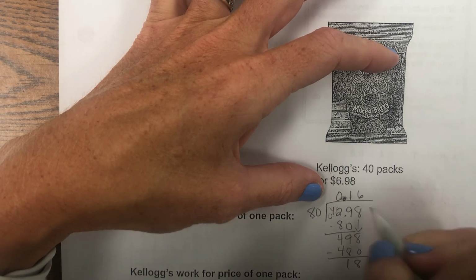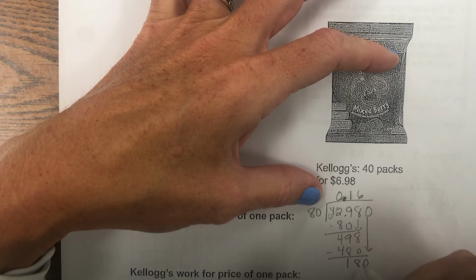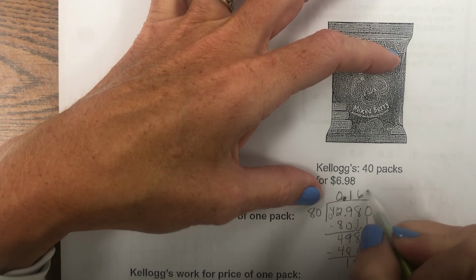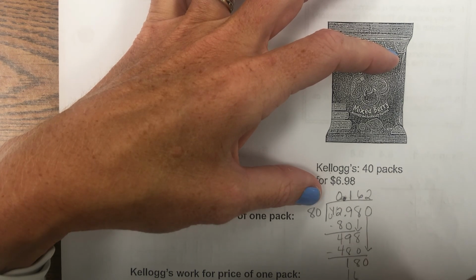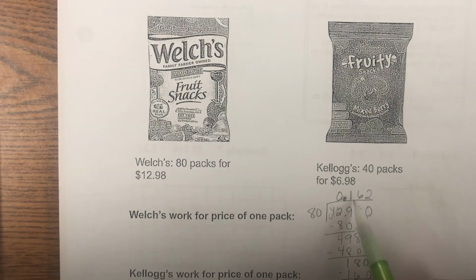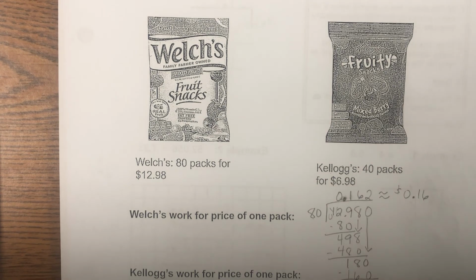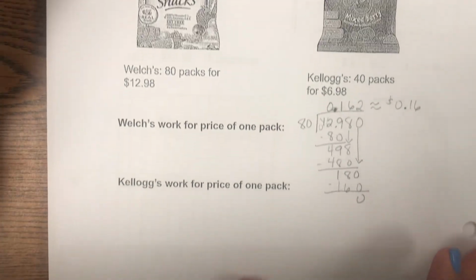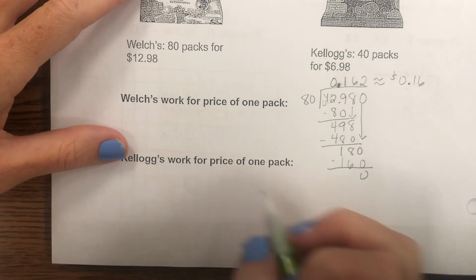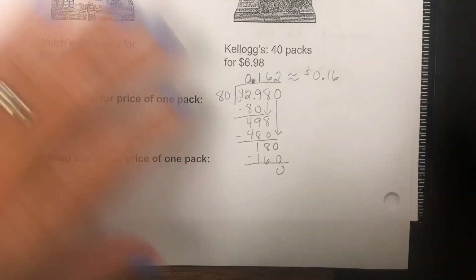Subtract, I get 18. Add a 0, bring it down. 8 will go into 18 2 times. 2 times 80 is 160. Now, I'm not done, but if this is money, I know I can stop because money goes 2 places past the decimal point. So that means it's going to be about 16 cents per pack for Welch's. Now Kellogg's, I think I'll have more room over here. I'm going to take